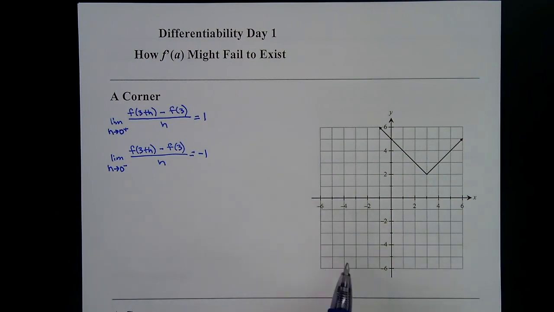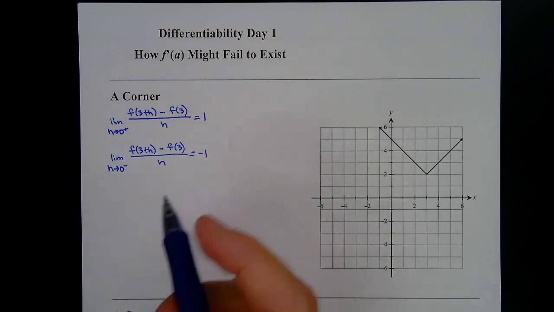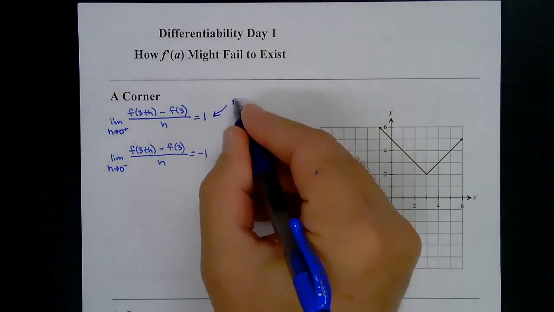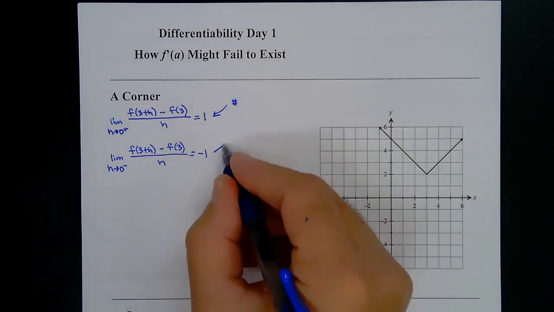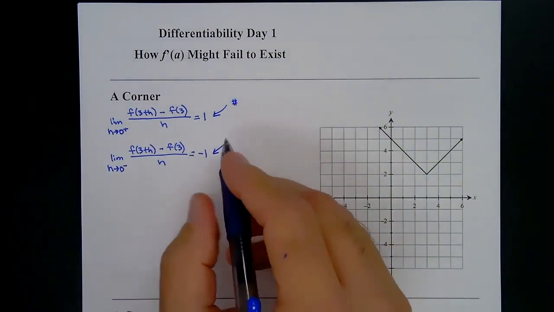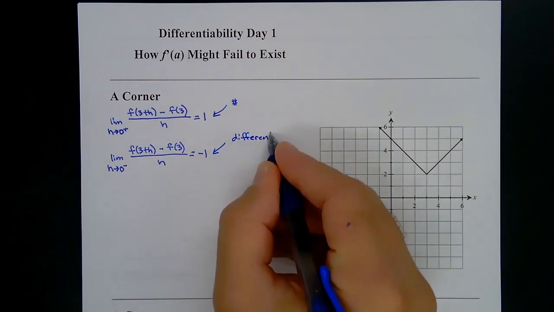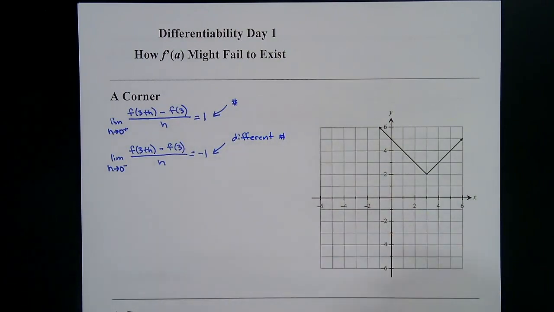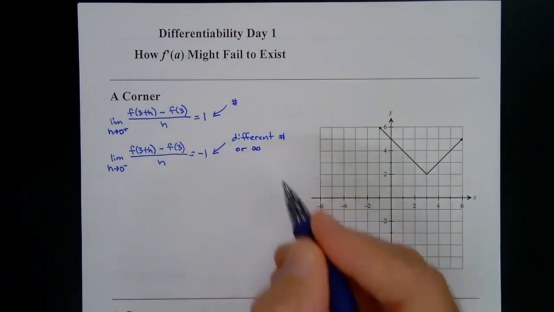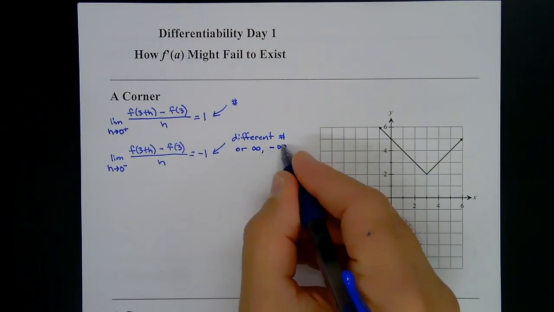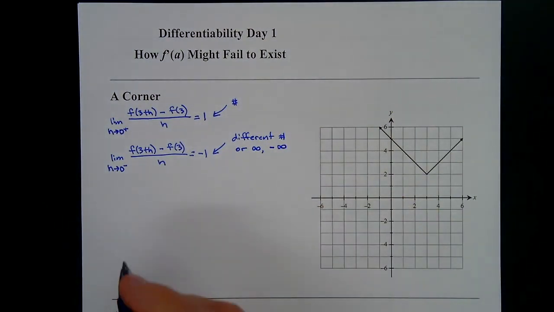Now, what happens is one of these comes out to be a number. This is how you know it's a corner. One of these will come out to be a number value, like 1. And the other one is a different number. So we can write, okay, one of these is going to come out to be a number value. And then the other sided derivative will come out to be a different number or infinity. So one of these, not both of them, but one of them could come out to be infinity or negative infinity. And when that happens, we say there's a corner,